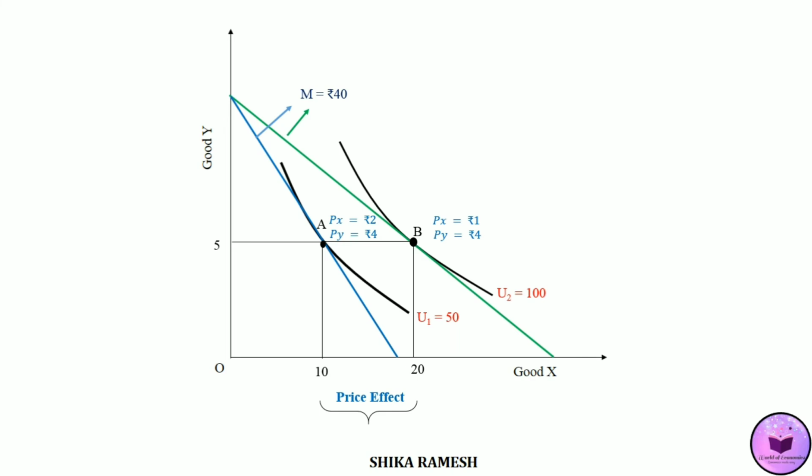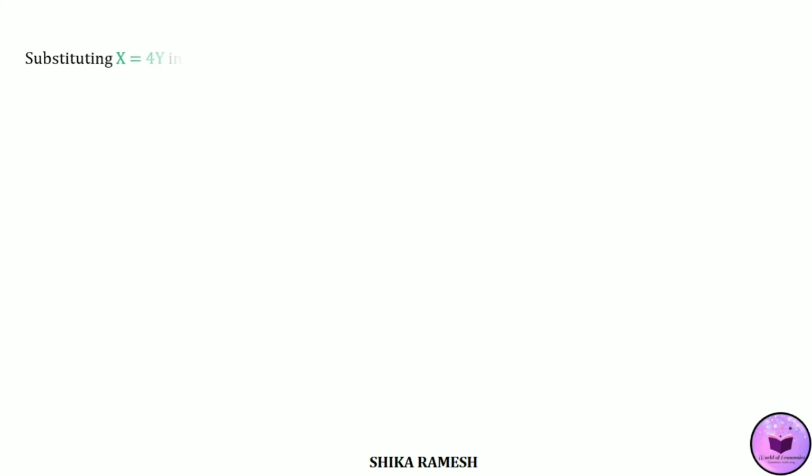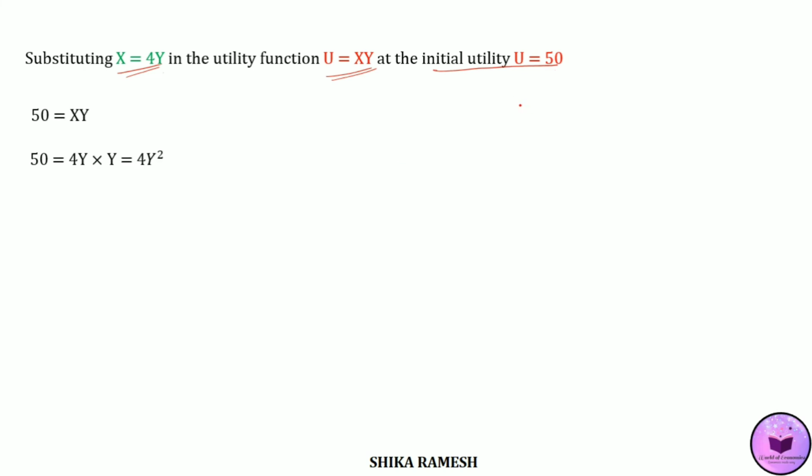So this additional 10 units of good X consumed represents the price effect. Now we need to find out the substitution effect. So to calculate that, we have to substitute x = 4y, the equation that we found from maximizing the utility at the new prices, onto the utility function with the initial utility level. The utility level will be 50. So 50 = xy, and by substituting x = 4y onto this equation, we get 50 = 4y·y, that is 50 = 4y², or y = root of 50/4, which is